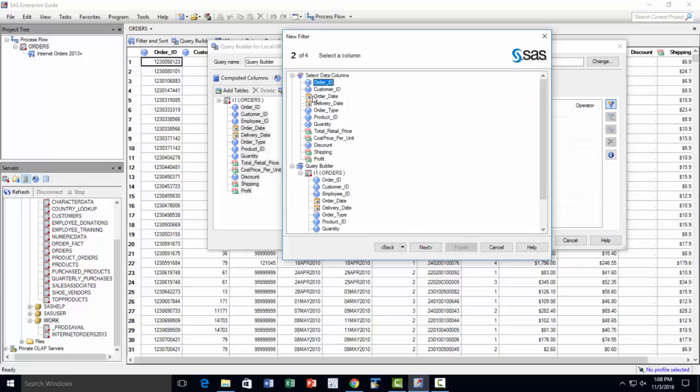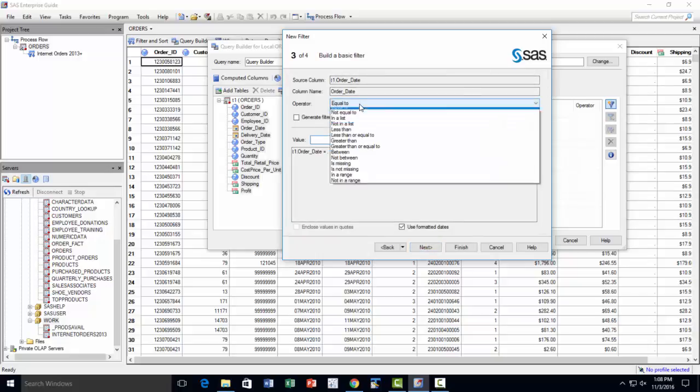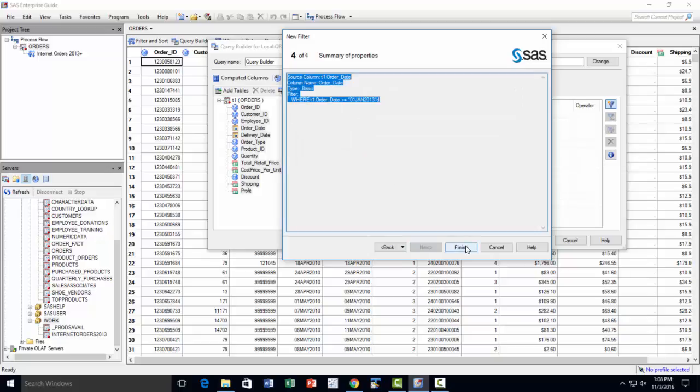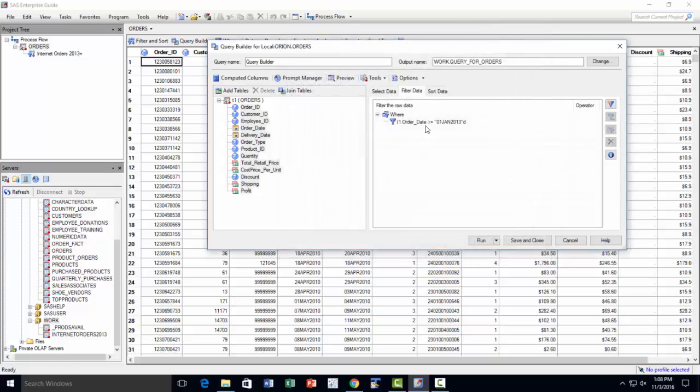Now order date greater than or equal to, and then the value will be 01 Jan 2013 D. So that will be one filter,